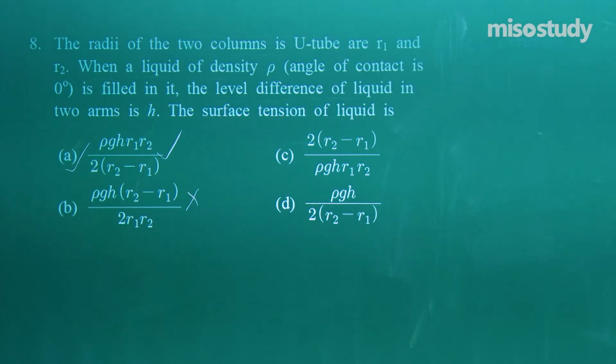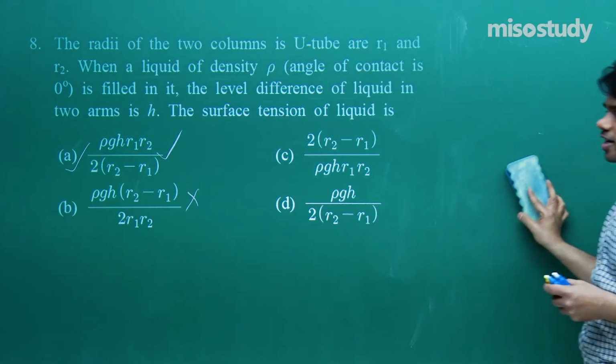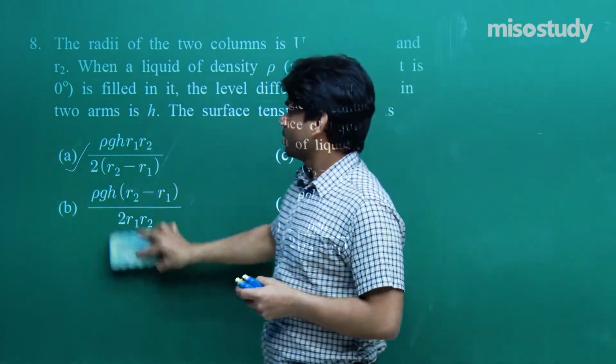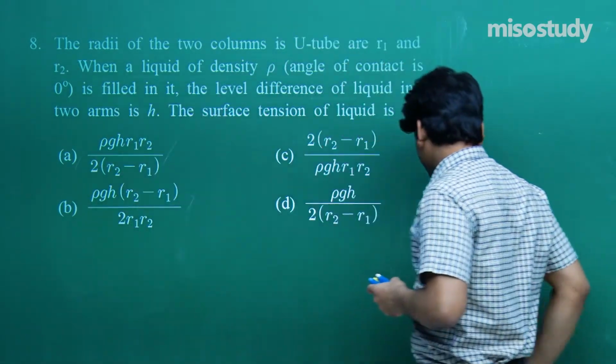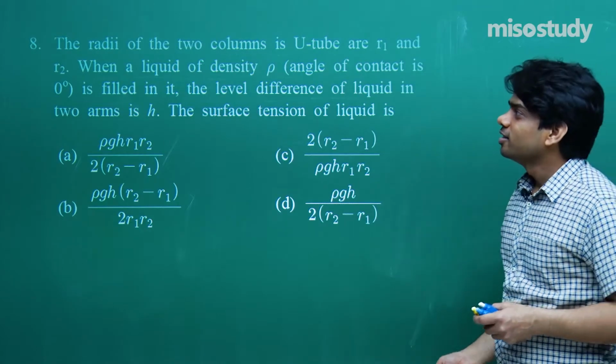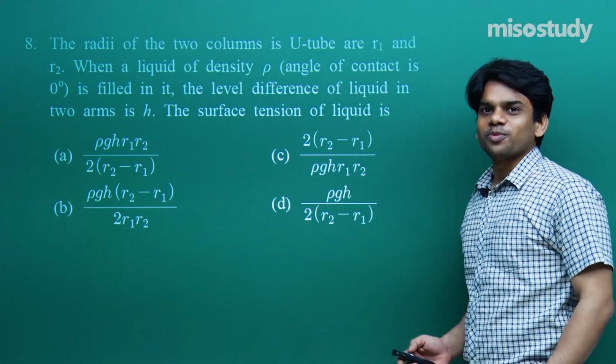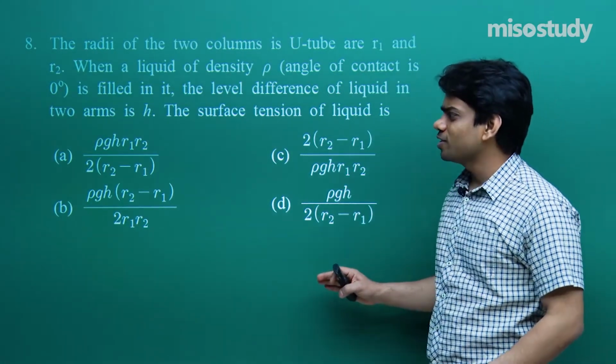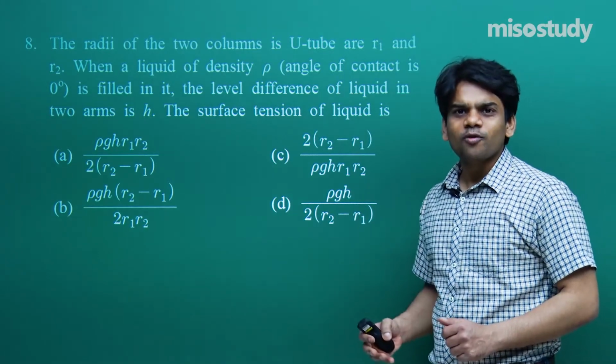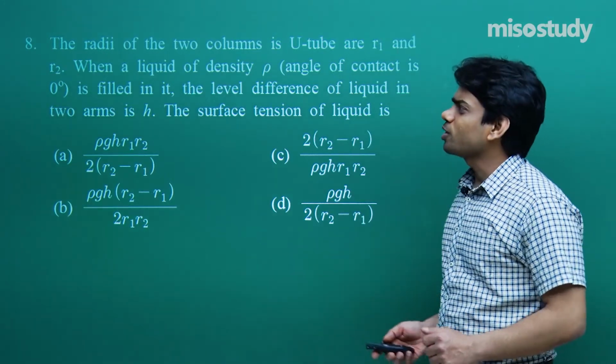All such questions would be of great help to you all in solving the unsolved problems in your chapters, the exercise portion that will be given in your book. Let's go ahead with the next question of the class. So I hope that you have understood this question number 8, and it's a good question so that you may be remembering the formula for the capillary rise. Let's go to question number 9.